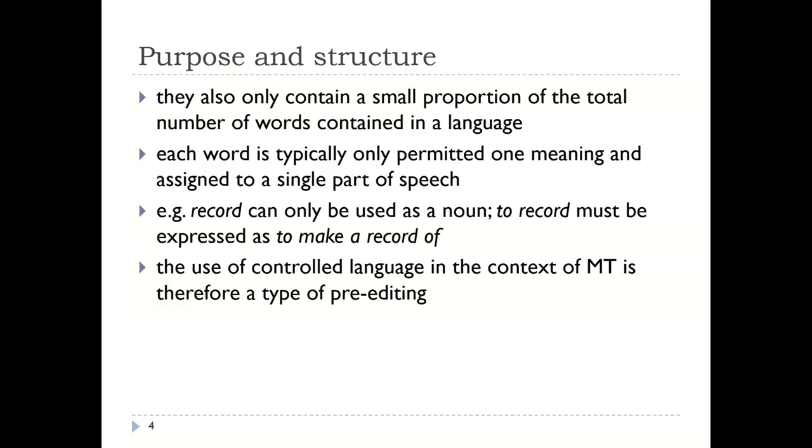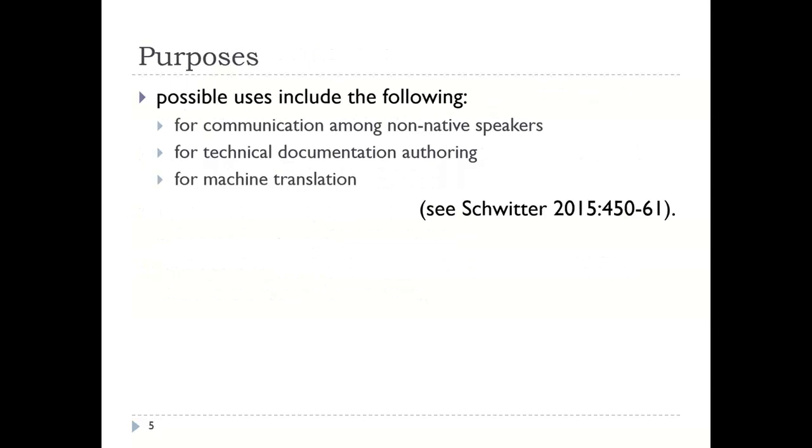In the context of machine translation, the use of controlled language can be thought of as a type of pre-editing. Last week we were looking at post-editing. So this is pre-editing, in other words, changing the text before it even reaches the machine translation engine. Its use is broader than simply machine translation. It can be used to improve communication among non-native speakers of a language, and more generally it's used as a way of authoring technical documentation, particularly in a large organization